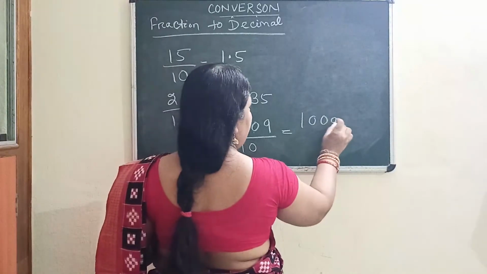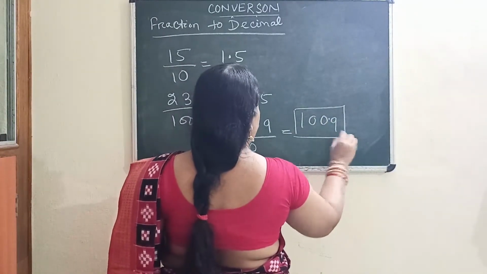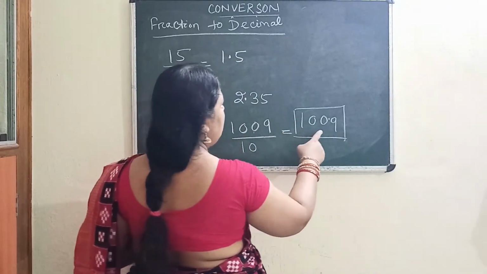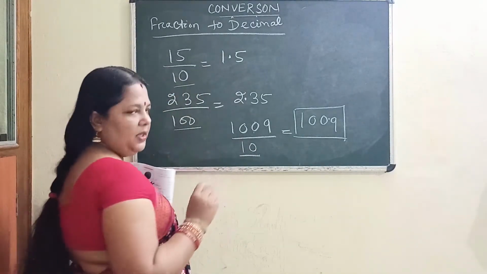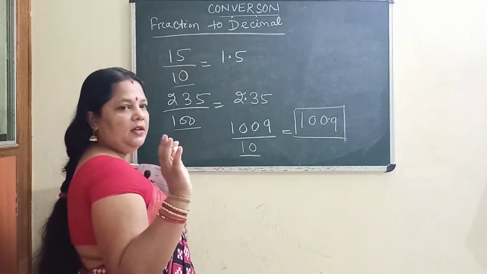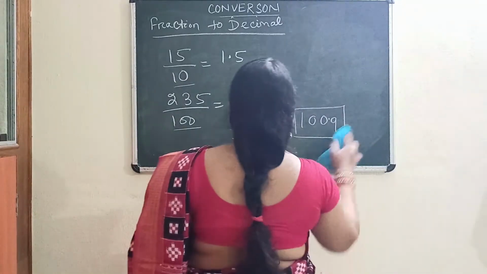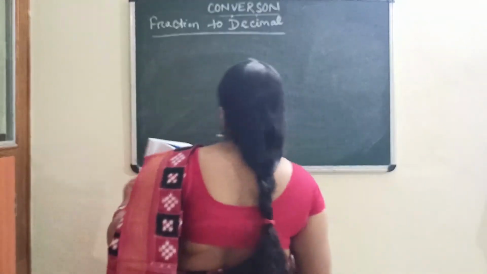So from the right side, leave 1 place and put the decimal point. This is your conversion from decimal to fraction, when the denominators are 10 and multiples of 10, meaning 10, 100, 1000 like this number. Okay. If the fraction is not like this simple fraction, suppose